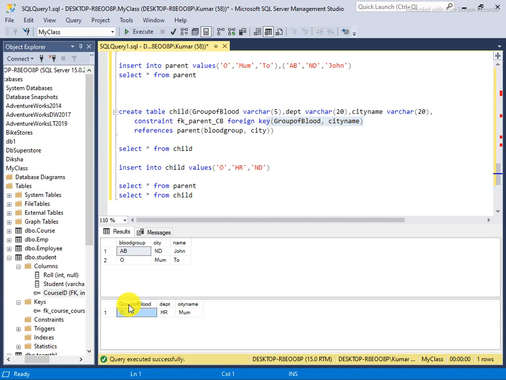Blood group will always check against the blood group related table, which is the second table. So blood group will always be checked only against the values included in the second table. And the same city name would always be checked from the third table, whether it has Mumbai, Delhi, then the entry will exist, but you can't make a combination of this and this. Blood group and city name you can't make a combination. Here you are making a combination of AB and New Delhi, so it works as a combination.